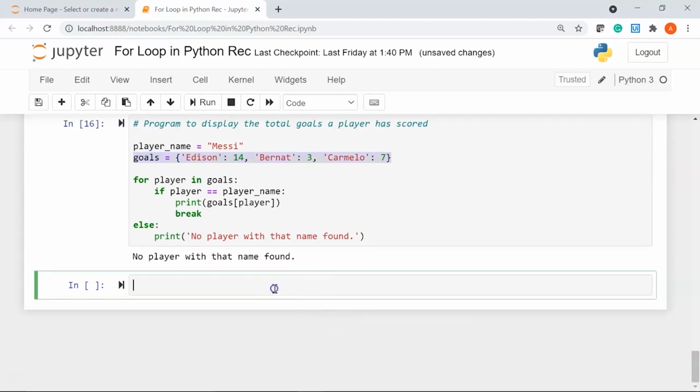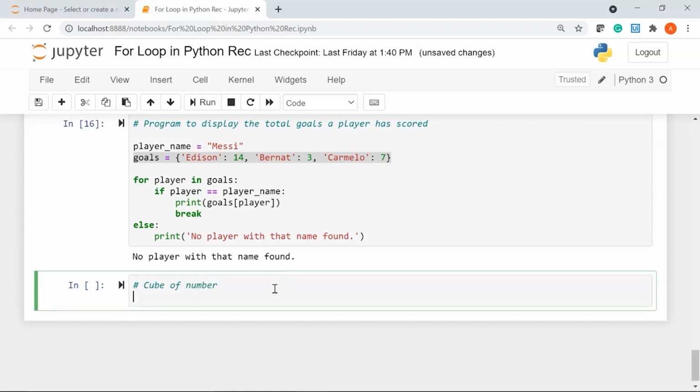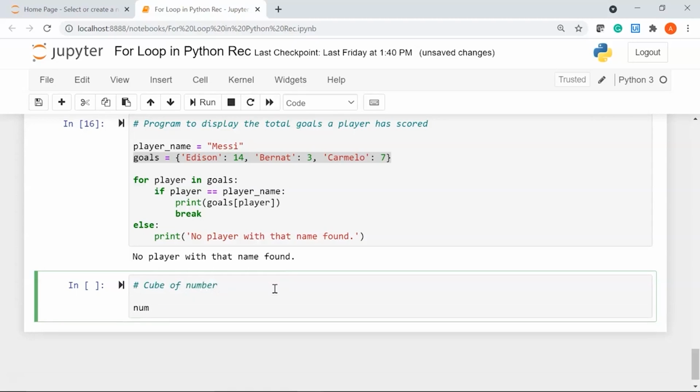Now we'll see two more examples. This time we are going to print the cube of numbers using a for loop. First of all I'll declare a list which will have a list of numbers, let's say 2, 5, 7, 4, 8 and let's say 6.